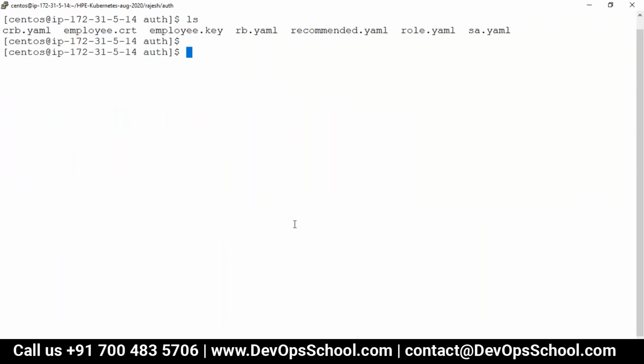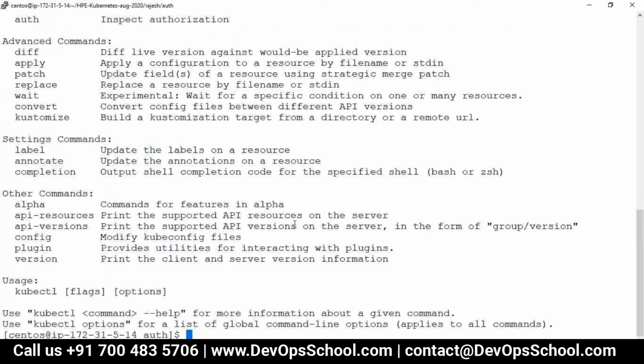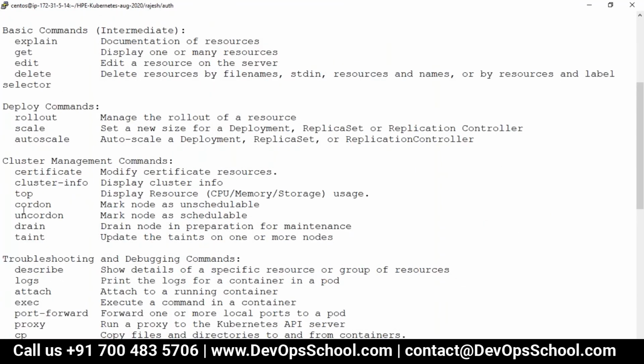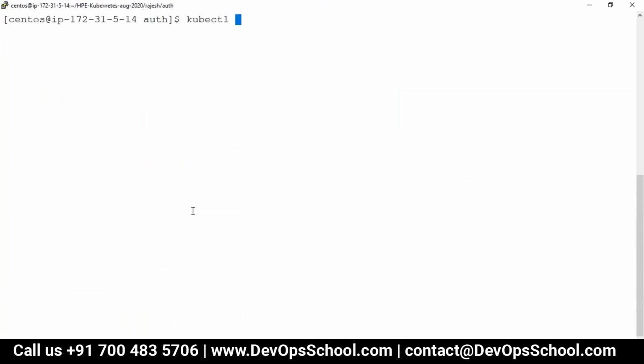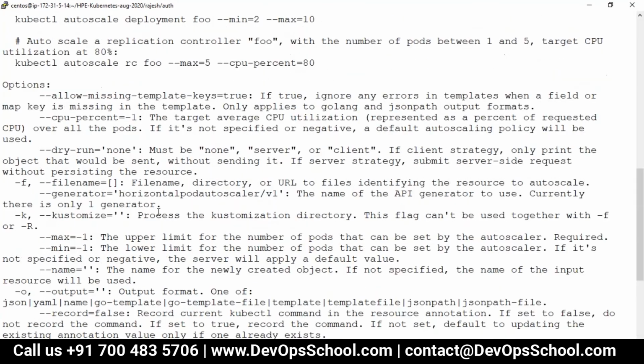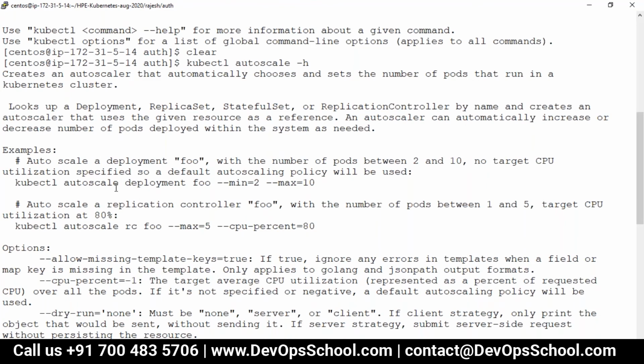See guys, first I'll show you something. See here, kubectl enter. Have you got any questions like auto scaling? Where is that auto scaling? This is auto scaling. Okay, so when you do autoscale -h, see here, you are doing auto scaling and you are setting this.